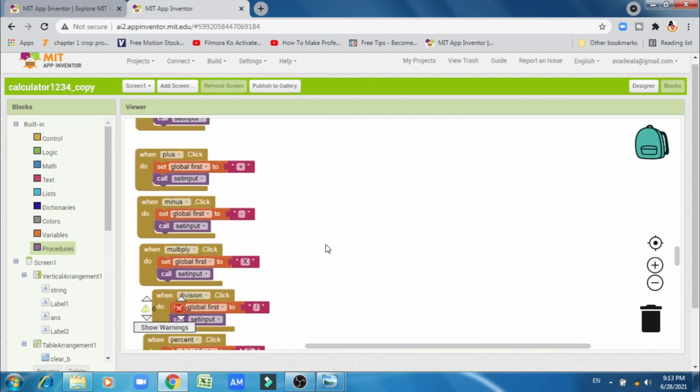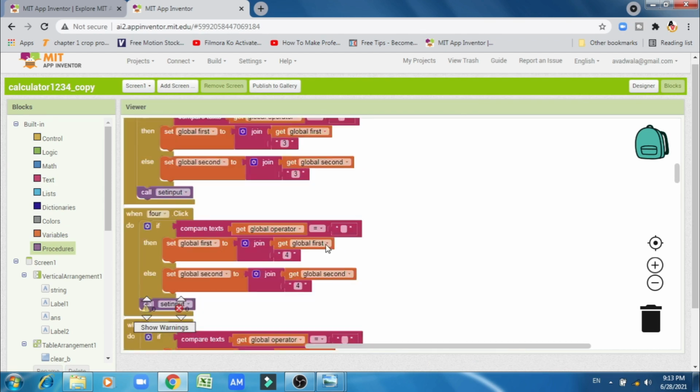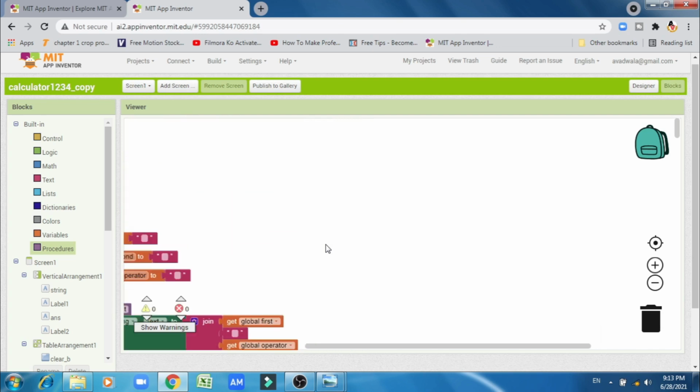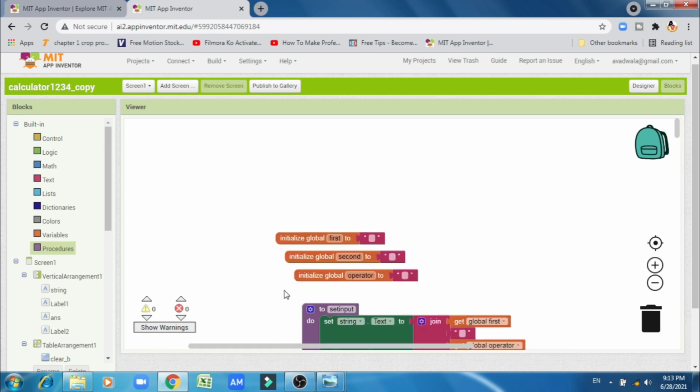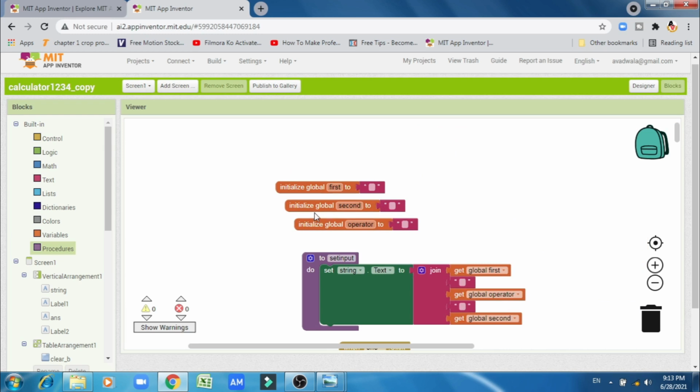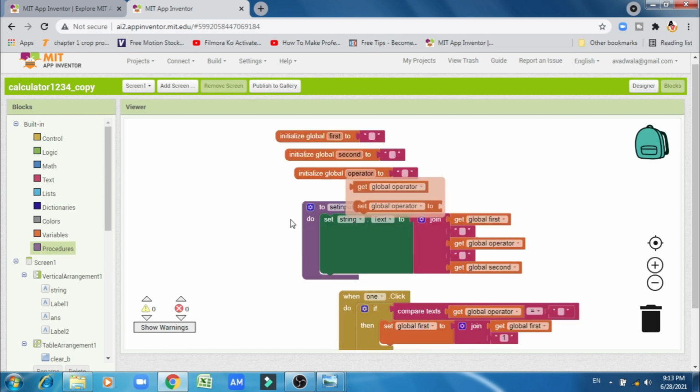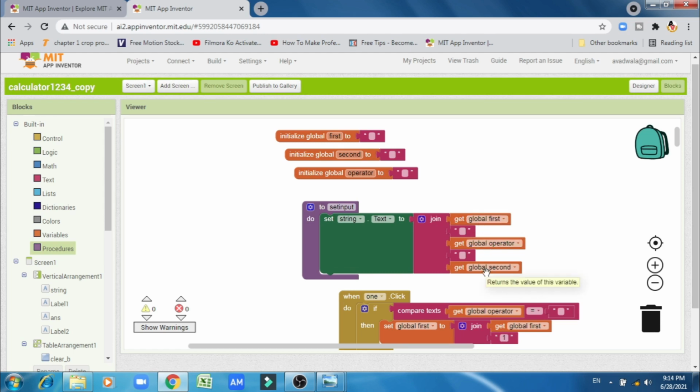Now we have given all the codings of all the buttons located inside our calculator. We have declared 3 variables. Those 3 variables are global variables, meaning they are used for all the components in the calculator. Now we said the input procedure: users have to put the first number, then the operator, then the second number.